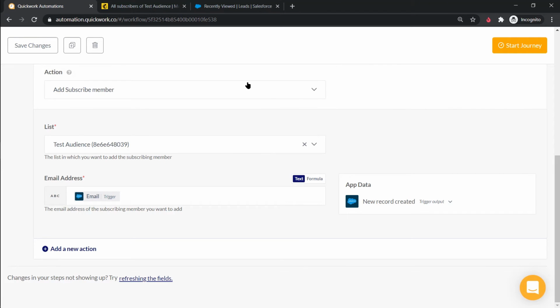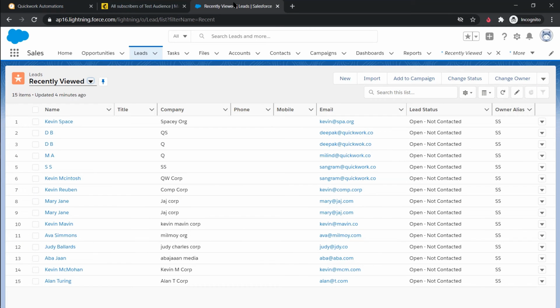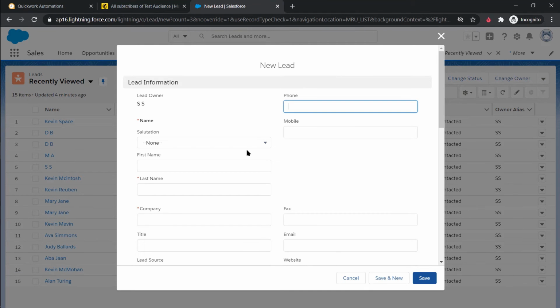And we are ready with our journey. Click on Save Changes and Start Journey. To check our output, go to Salesforce, add one new lead,